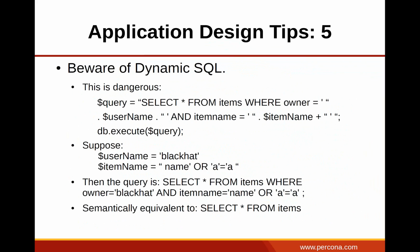Beware of dynamic SQL. In some ways, this is web development 101. Building up a query string using input that's been taken directly from the user and then just running it is a recipe for problems. So if we look at this query that we have, select star from items where owner equals single quote username, which came from the user presumably, and item name equals item name, which again came from the user, and that